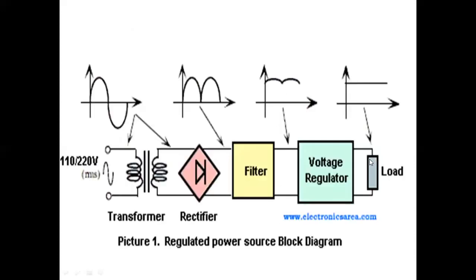Next one, if you observe, this is also another one of the same with a step up value. Actually, in the previous one it should be 220 by 110. It is now 110 by 220. Both are the same. The transformers are placed. After the transformer, a rectifier is used. After the rectifier, a filter has been placed. After the filter, a voltage regulator, and then towards the load.